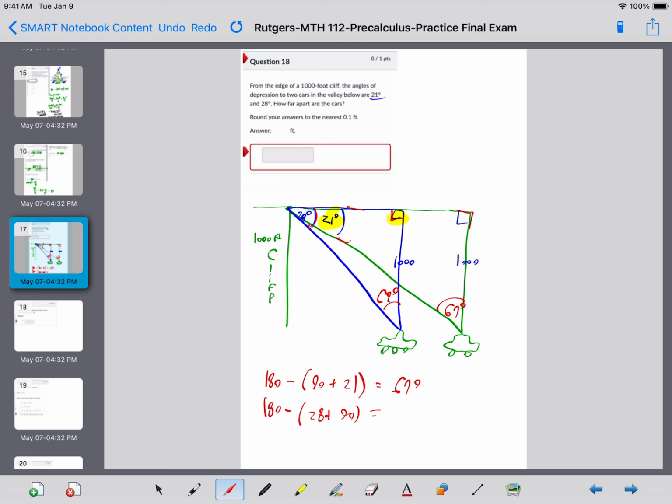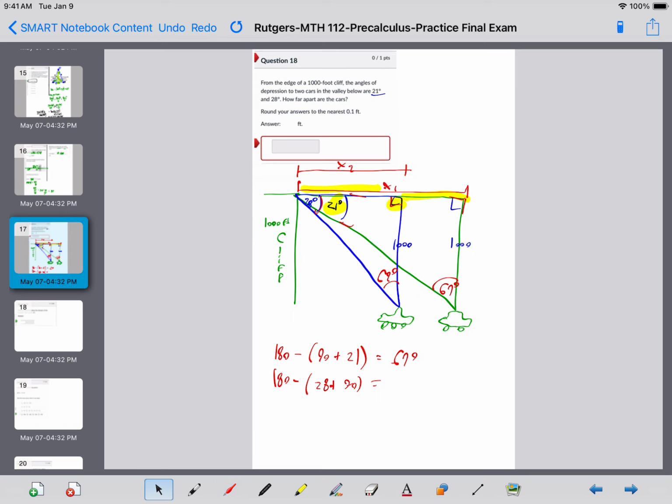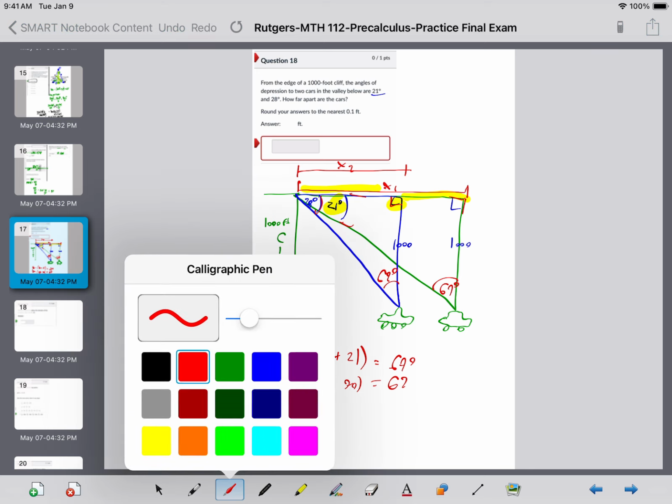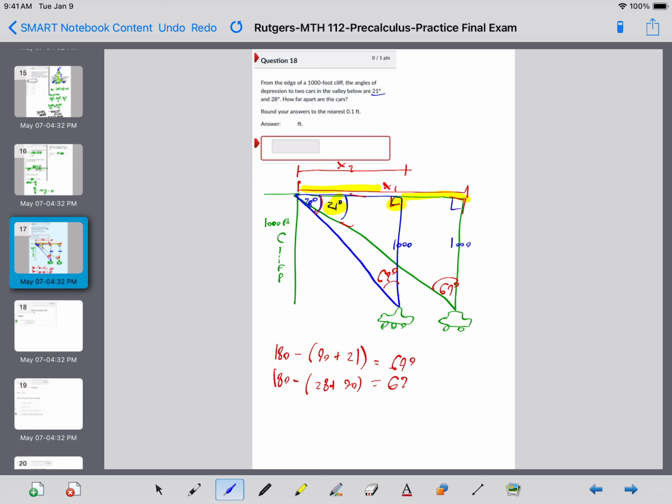So now I could actually find the horizontal lengths, right? So for the bigger triangle, I'm going to find this. I'll call this x1 if you'd like. And for the shorter triangle, we're going to find this length, and we'll call this x2. So our law of sines, we have